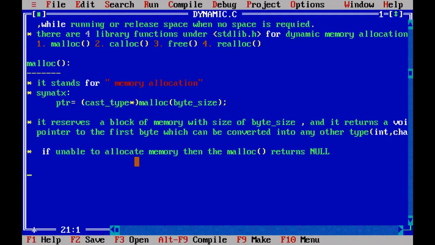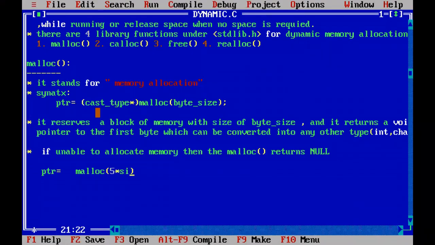Then one simple example you write down based upon the syntax. ptr equal to, for integer I am talking about, and I am using the malloc function. I want to allocate space for 5 elements, and each element will take 2 bytes of memory, because those 5 elements are integer type.